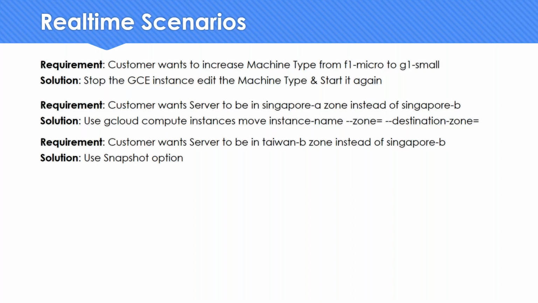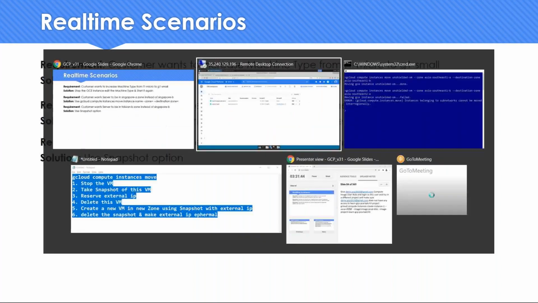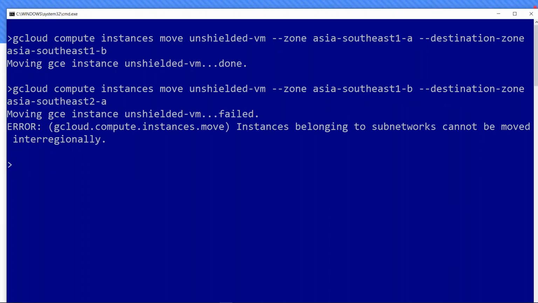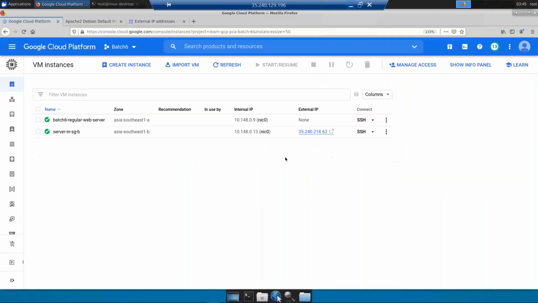So the first one which we saw was within the region. Now let's see how we can do it with two regions, totally out of Singapore. Let's try to do it. Snapshot is the option again. So if I just go to my Firefox browser, what I will do is, when they move from Singapore to Taiwan, again we'll try to do it